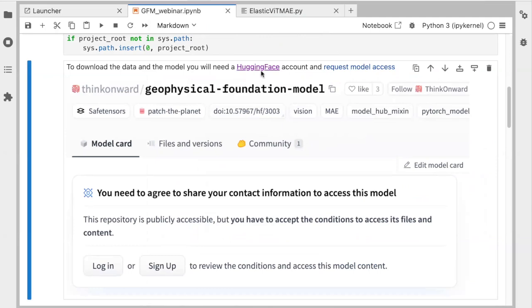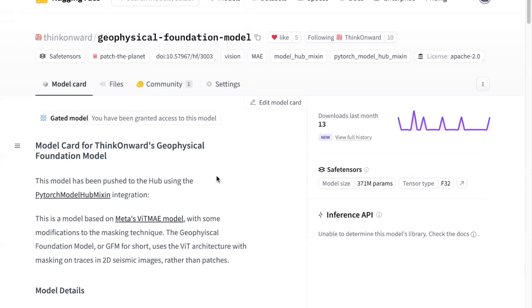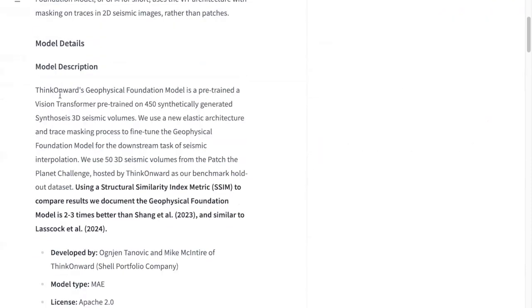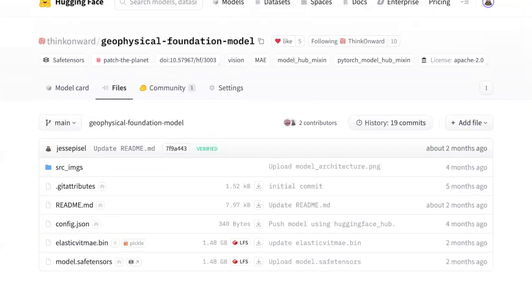So to do that, you do need a Hugging Face account. Clark has added the Hugging Face links in the chat. Sign up for an account and then request model access. So once you go to the Geophysical Foundation Model Hugging Face page, this is what you'll see. And so you'll have model card, files, and some other things in here. It'll tell you what the model is, what it does, that sort of thing. When you click on files here,